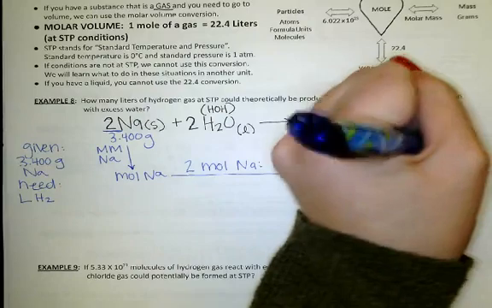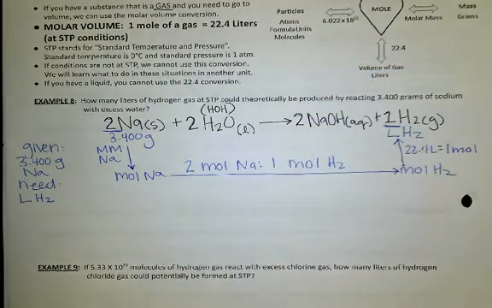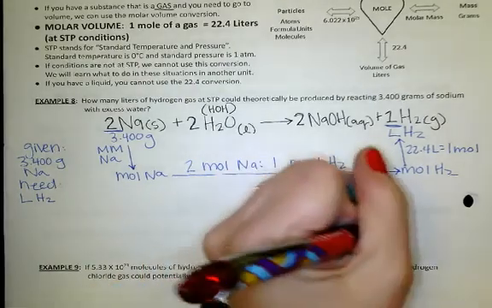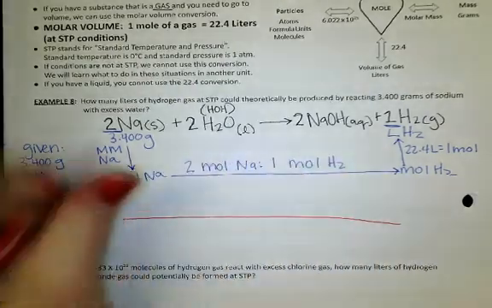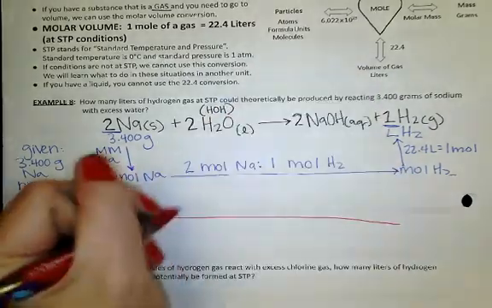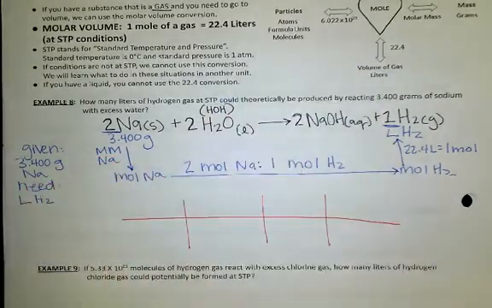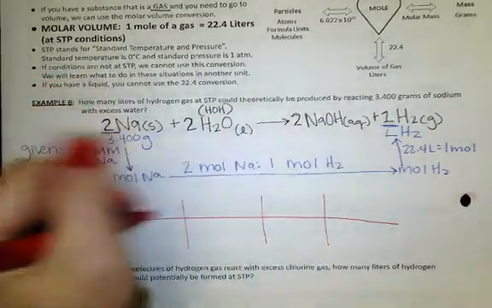So there's 22.4 liters in 1 mole. It doesn't matter what kind of gas you're talking about. It could be hydrogen, it could be nitrogen, it could be carbon dioxide. But the conversion is going to be the same. It's going to be 22.4 liters. All right, so now we're going to set up our conversion. Now we're doing 3 conversions, so we're drawing 3 lines. Okay? Start with your given,